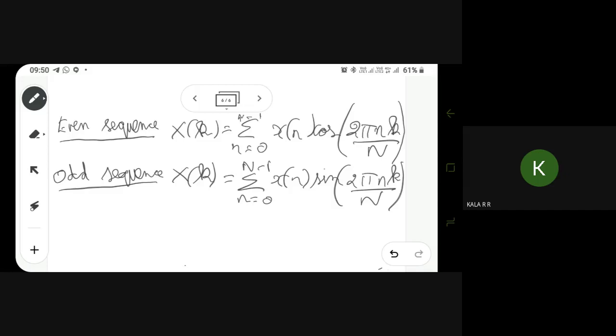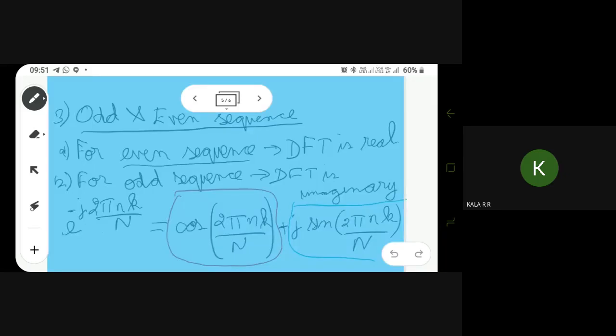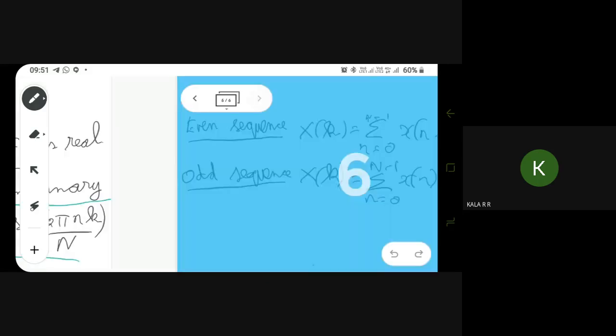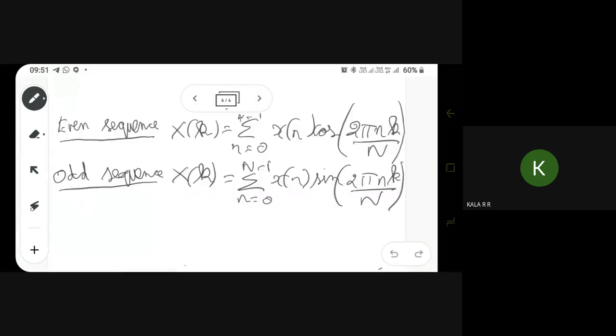For the important properties alone, I will be covering the proofs. For this, the proof is not needed because you already know your e power term can be expanded like this. For the even sequence, you will be taking the real part, and for the odd sequence, you will be taking your imaginary part. So like that it works. Now moving on